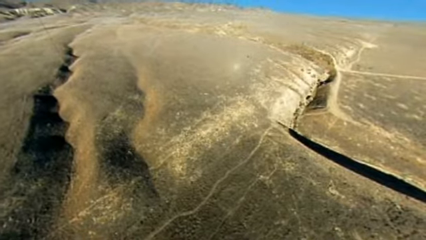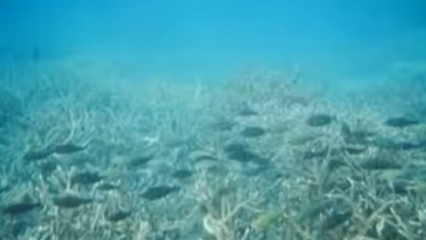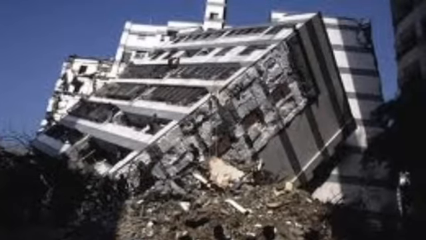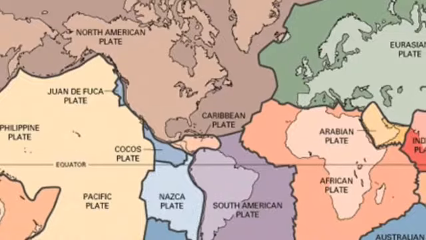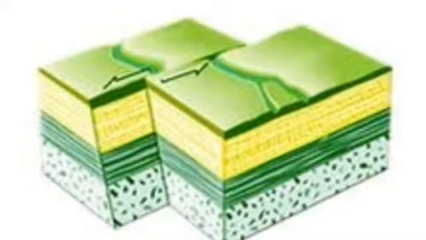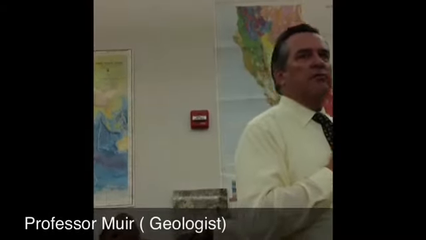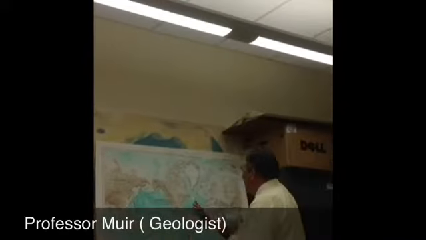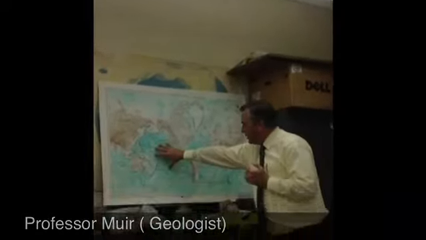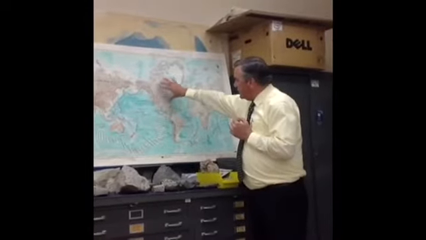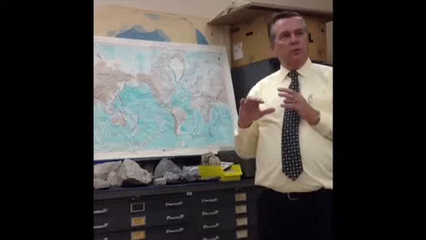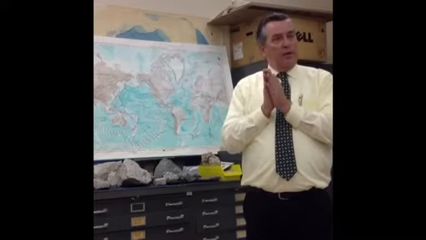These faults are usually found in the bottom of the ocean. The science behind the earthquakes caused by the San Andreas includes its plate boundaries and tectonic plates. The San Andreas Fault here in Southern California is actually the boundary between our two plates, the Pacific Plate and the North American Plate, which includes all of North America. The San Andreas Fault here in San Bernardino is that plate boundary between the two.